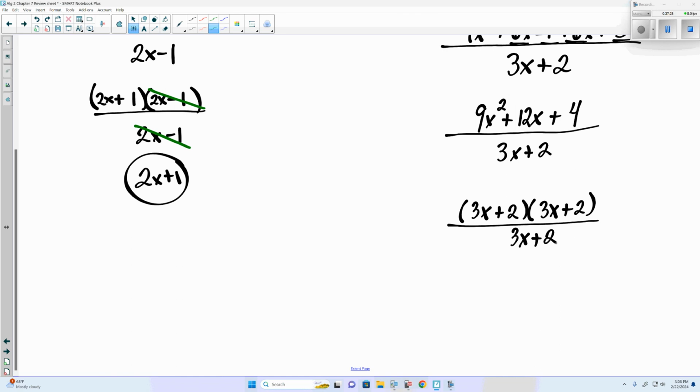So getting to this here, the 3x plus 2 and 3x plus 2 would cancel, leaving us with one single 3x plus 2 on top. Well, we would need another 3x plus 2 on bottom. Because only one of them cancels on top and bottom, so we're left with a single one on top. And that is, yeah, we'll pick